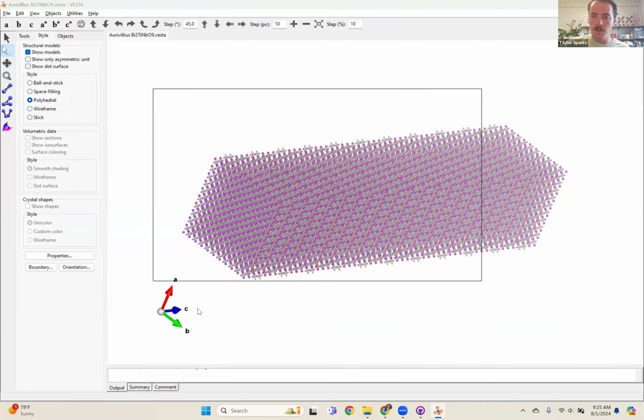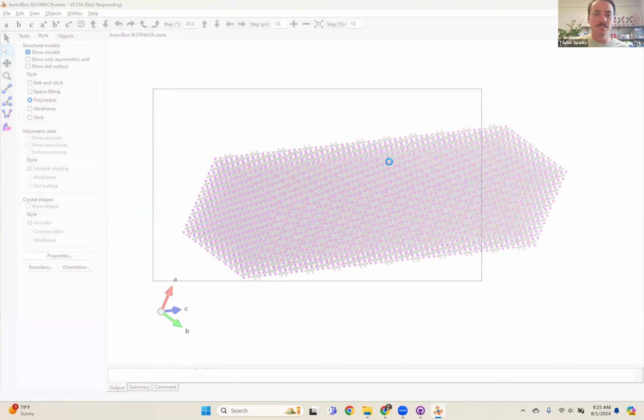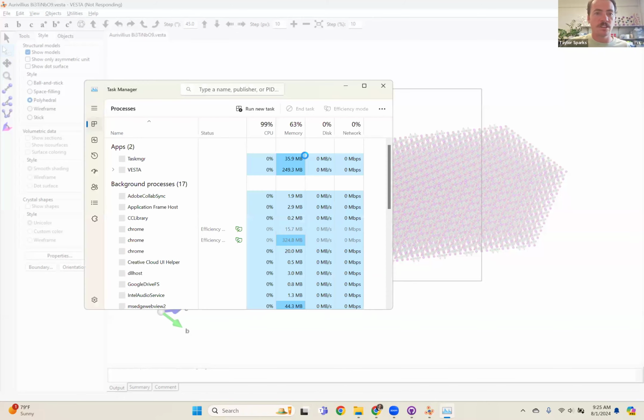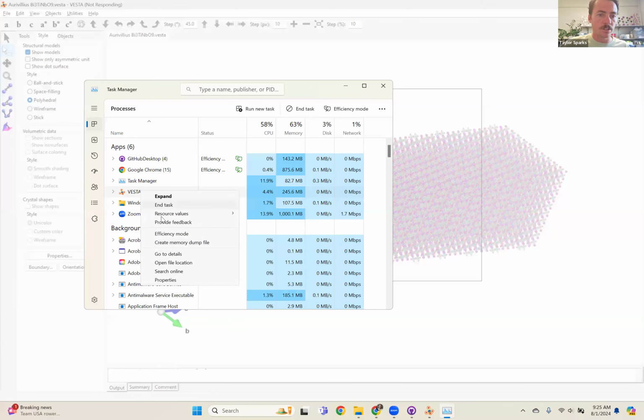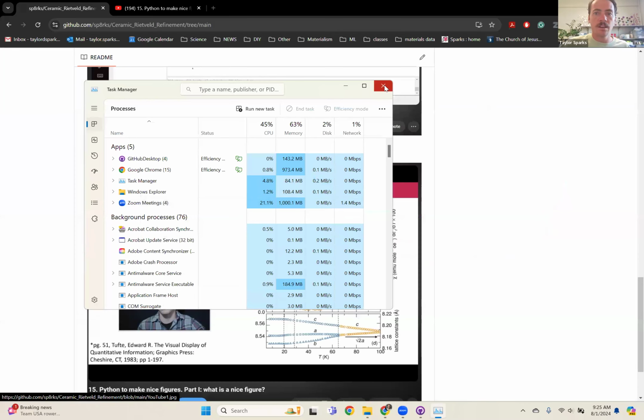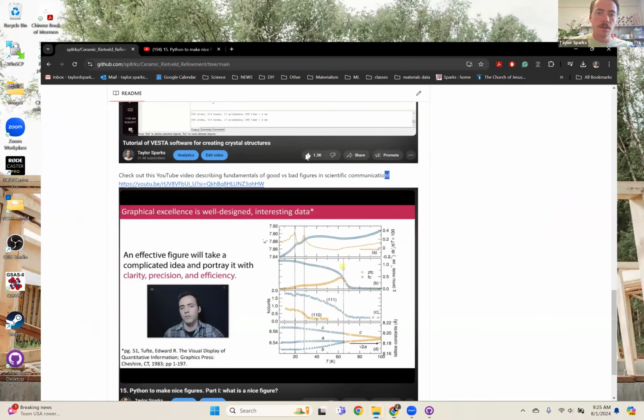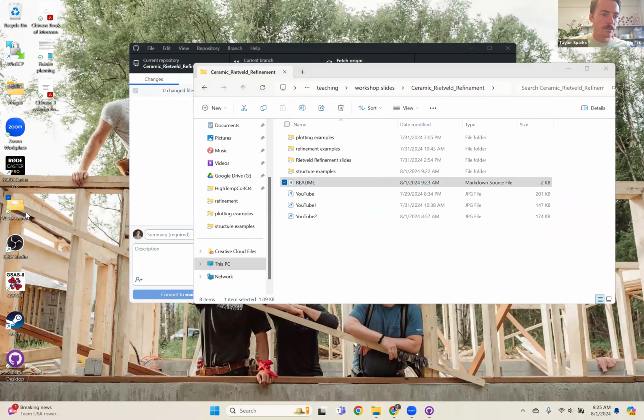system. Got it for the main: 60 to 63,000 atoms, bonkers. So yeah, see, it's still thinking. So you can actually press Control-Alt-Delete and tell it to just stop, like kill the program, because the process is going to take a really long time otherwise. So let's just kill it in Task Manager. We'll just end that task and then we can reopen it. It's not a big deal. Come back to our Vesta folder,